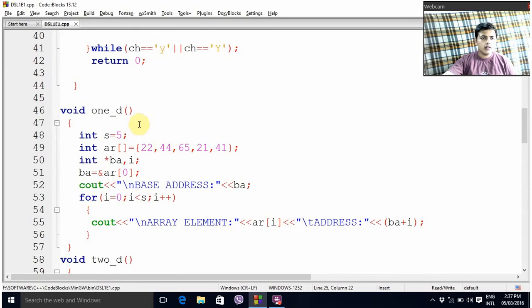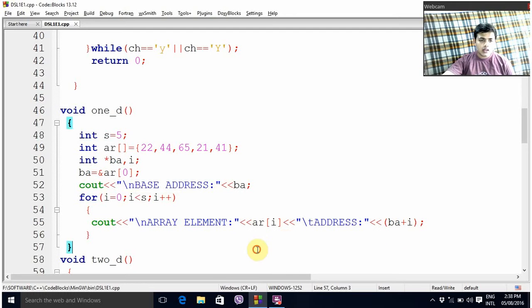So now we'll go directly to the functions. This is the first function, void 1D. Here it will calculate the address of an array in 1 dimension. I have declared an integer array in which I am storing 5 elements, and a pointer variable in which I am storing the base address, that is the address of the first memory cell, so that I can use it in my formula.